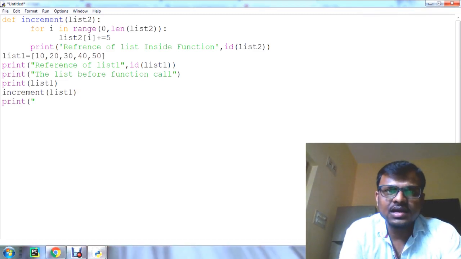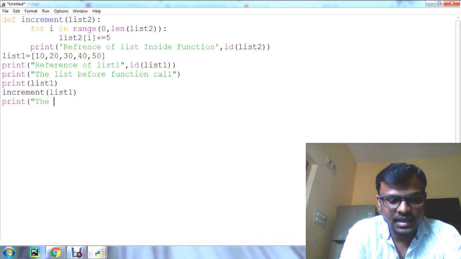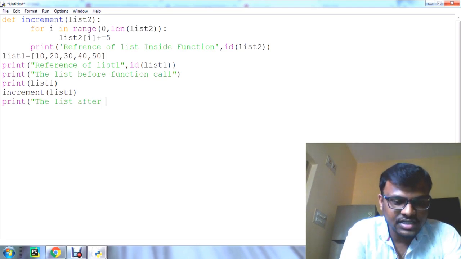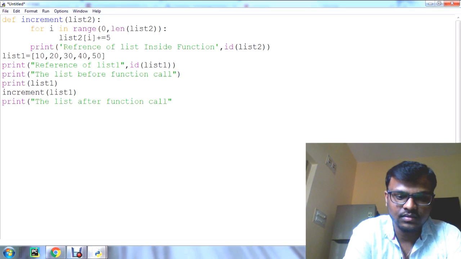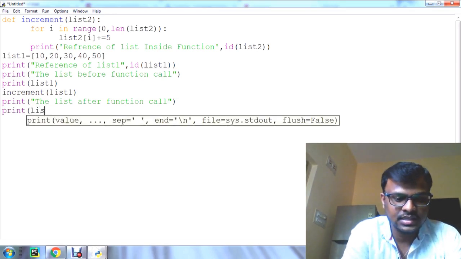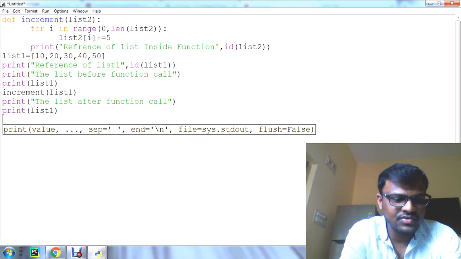Now we'll give the print statement, the list after function call. Now we are going to print list1. Now let us save this program.